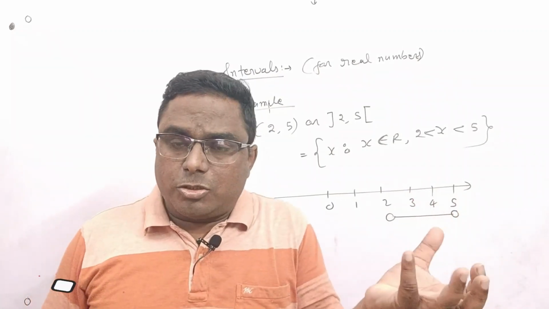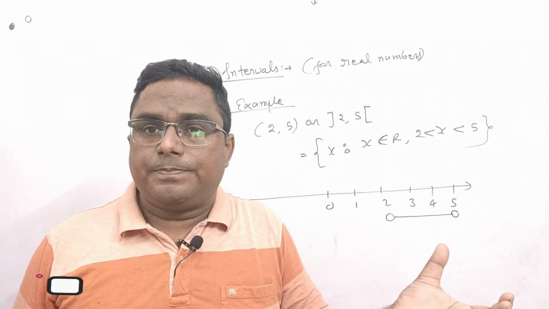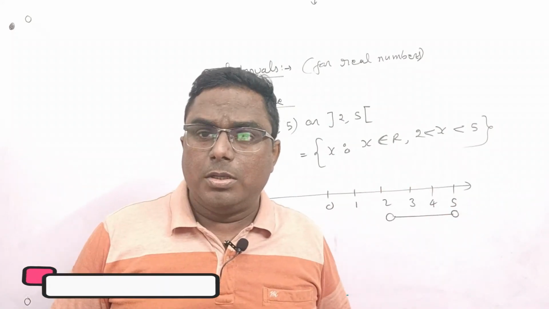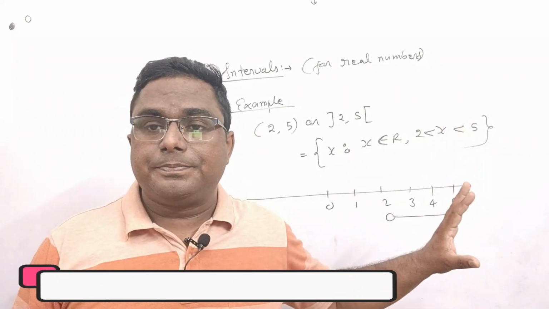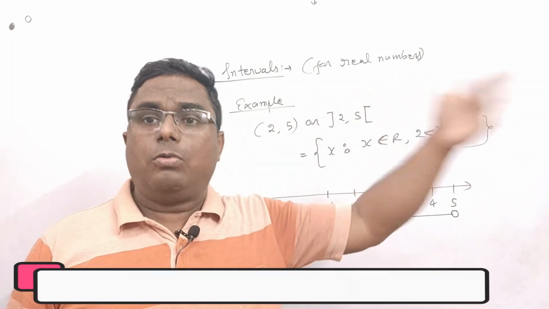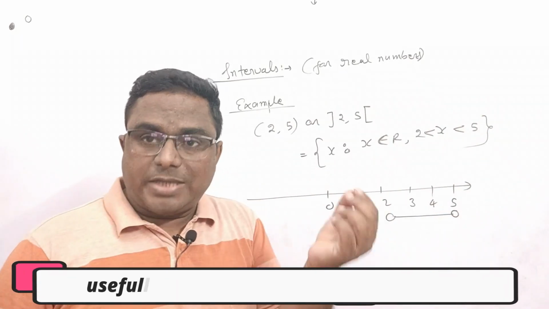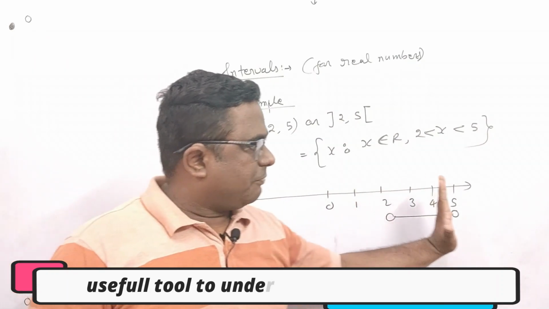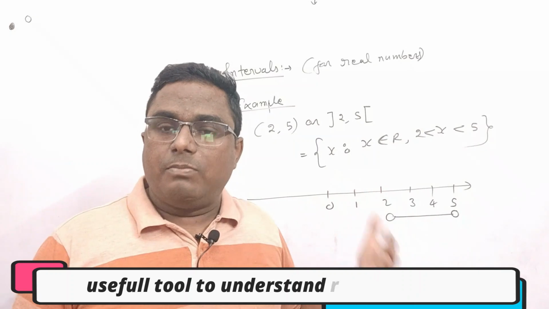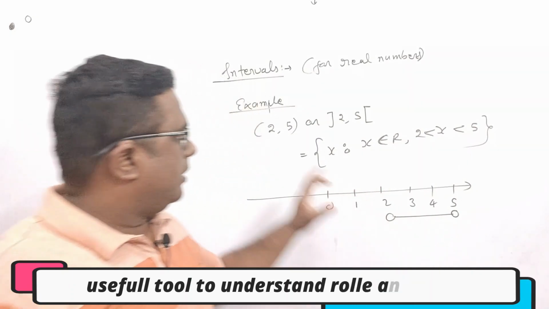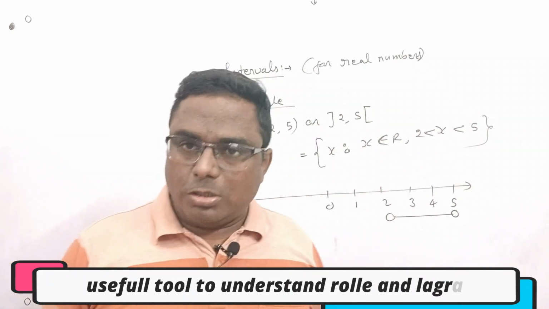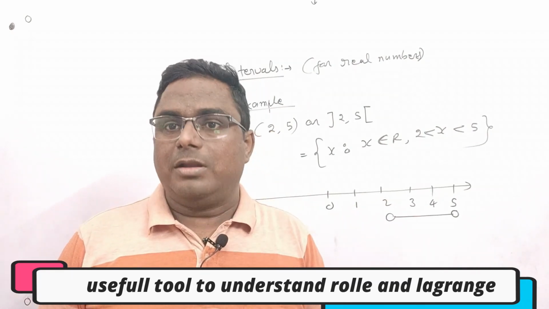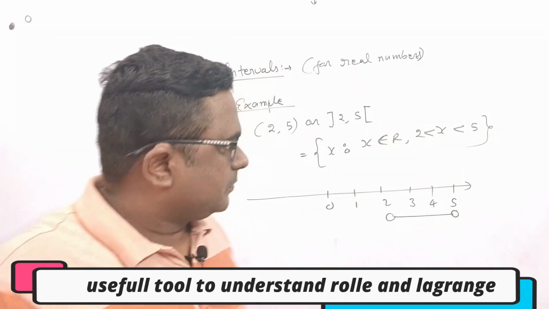3 and 4 are just two integers or two natural numbers. But if you take the numbers in decimals also, then there will be no end for them. They will go on. If you are taking the numbers in decimals, then there will be no limit of writing the numbers. So between 2 and 5, there are infinite number of real numbers. That's why this interval is also an example of infinite set. In fact, every interval is an infinite set.